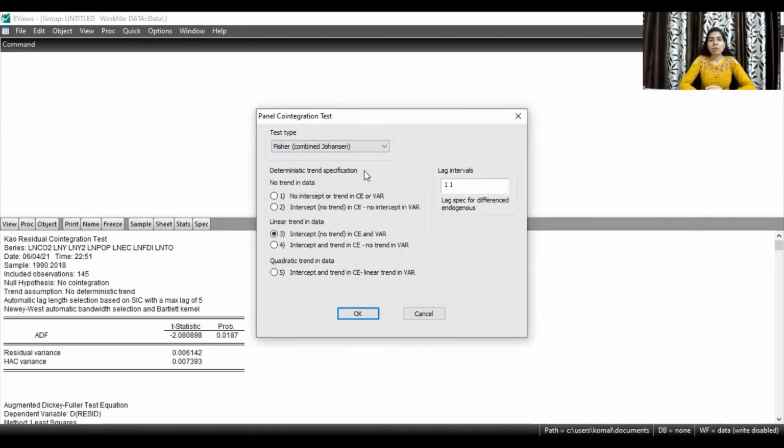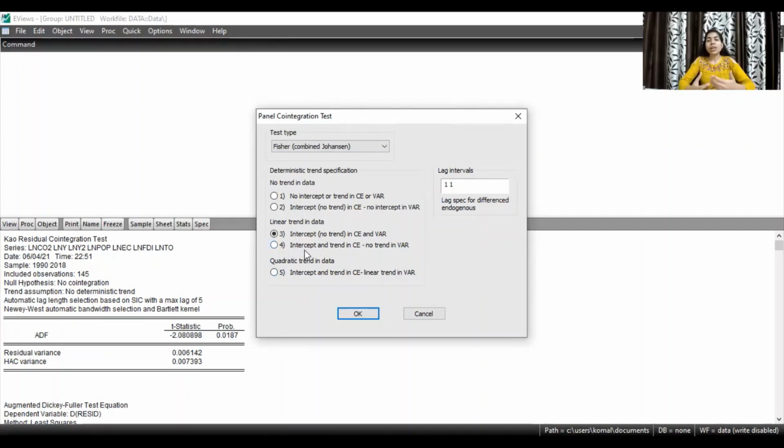Under this co-integration test, there are five assumptions mentioned over here. You can see 1, 2, 3, 4, and 5. These are the five assumptions regarding intercept and trend, so these are trend specifications. The software automatically selects the third assumption.